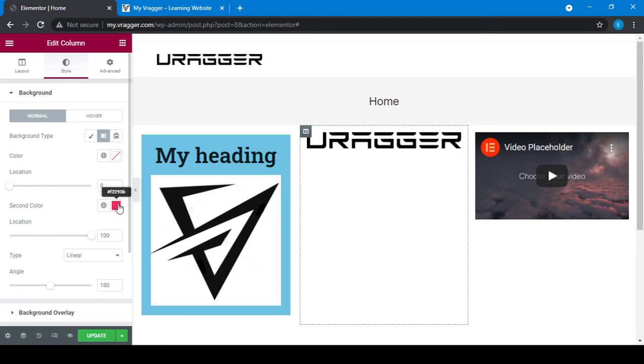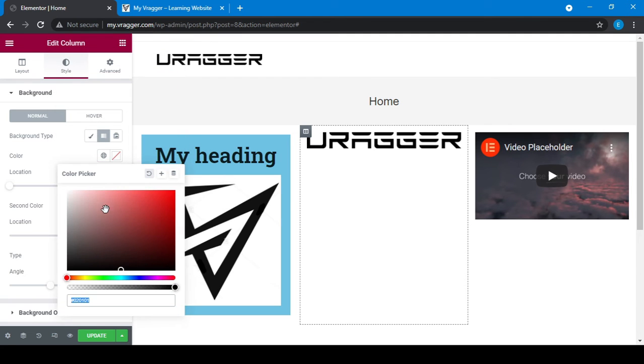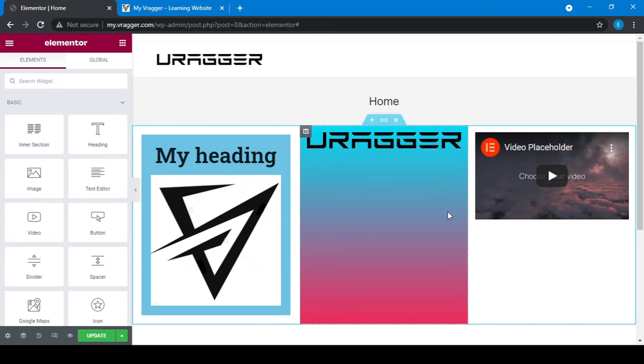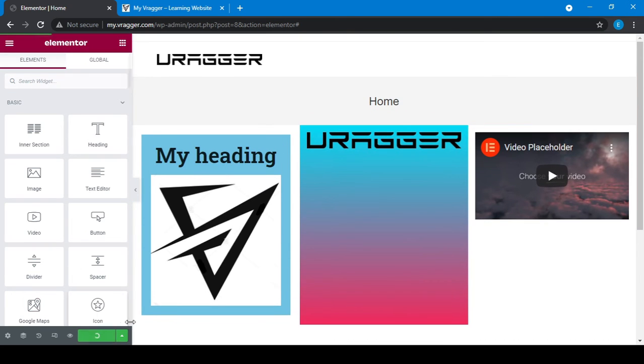The first one is pink, and the second one I would like to use is something bluish. Okay, so yeah, cool. This is the gradient. You can do lots of things with Elementor. It is the best plugin to use. Let me update it.